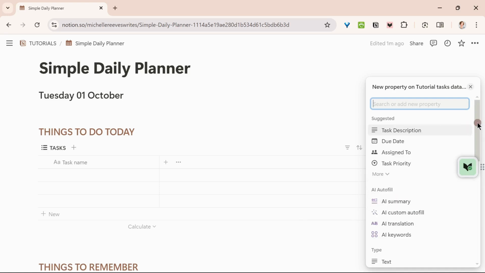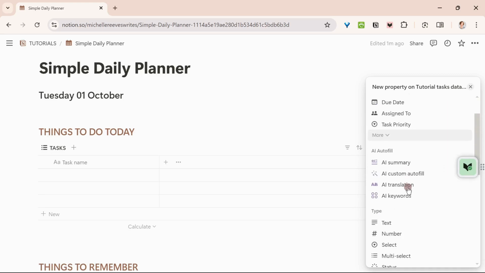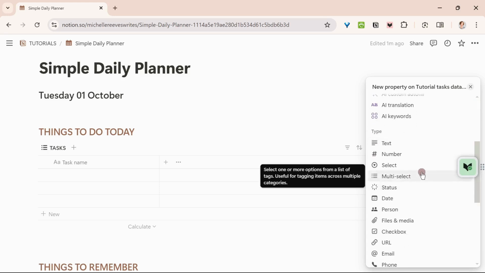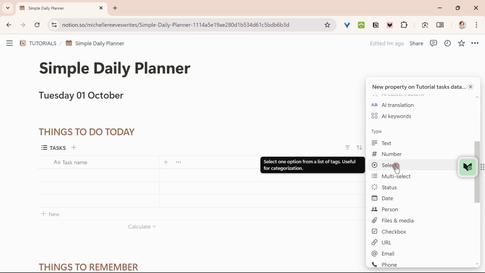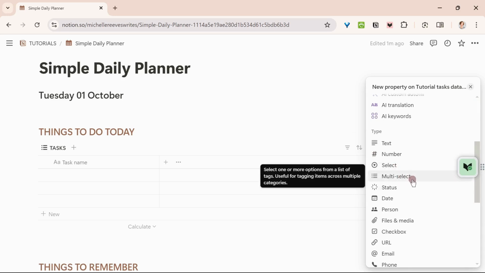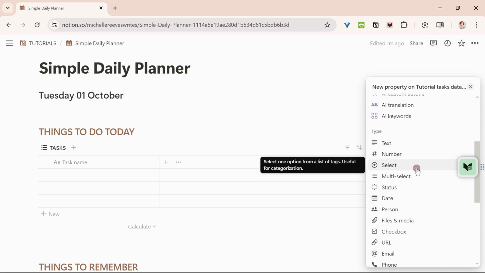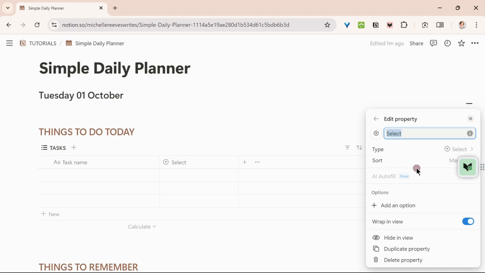which is going to be the categorization for our tasks. So let's scroll down and we are looking for a category on the right hand side here. Let's just scroll down. There it is. We want to use the single select category, not multiple select, single select, because tasks really are only going to be in one category. They're not going to be in multiple categories. So we'll click on select and that will add that property into our table,